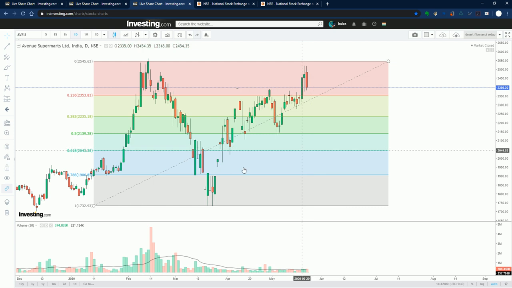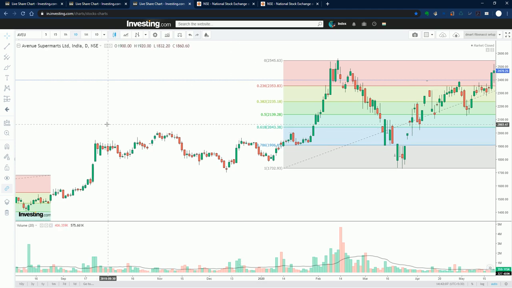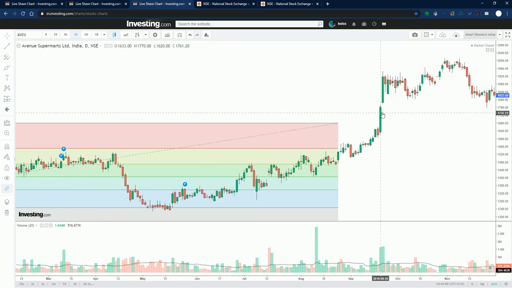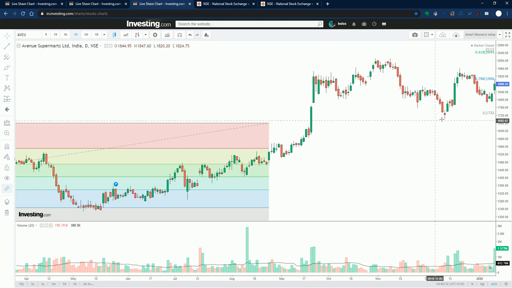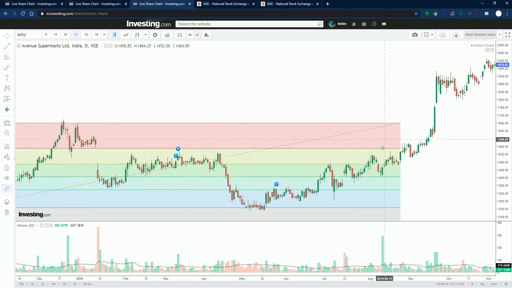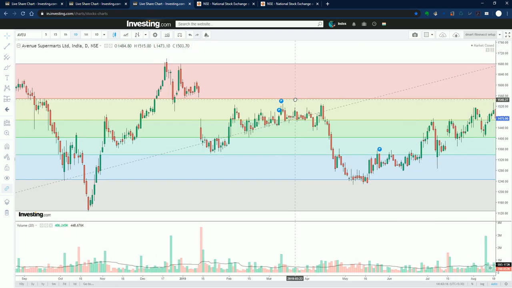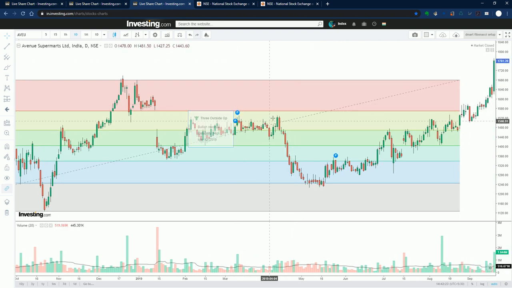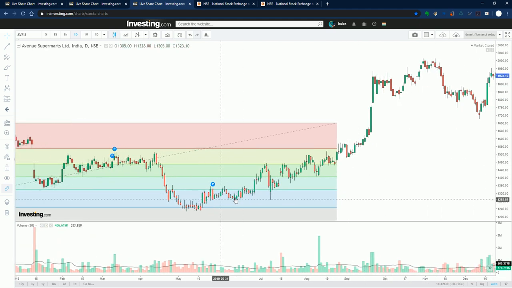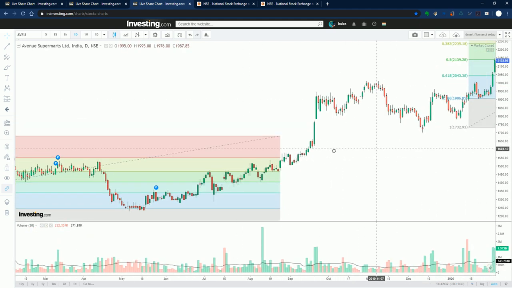You should note down a gap here. You can see that there is a gap here. Usually this DMart stock always fills the gap whenever it makes one. Here also there was a gap and it gets filled here. And before that I will show you one more gap here. There was a gap in January 2019. It gets filled after a while. Here the gap gets filled and then it falls back, and after a long consolidation, it gave a breakout.